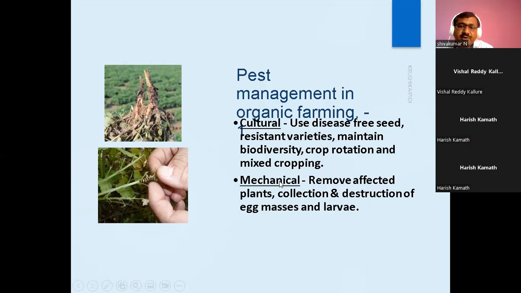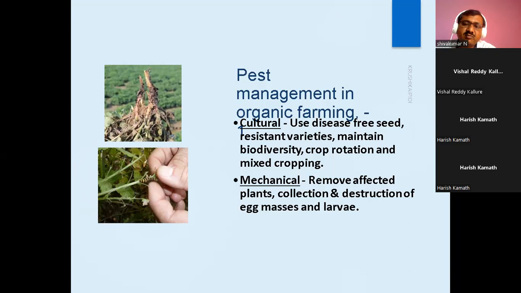Then mechanical practices. If there are some pest problems, you need to identify and remove them. That will control the population at the initial stage. But if that is already crossing the initial stage, then you have to go for some protection measures like application of some plant protection preparations.